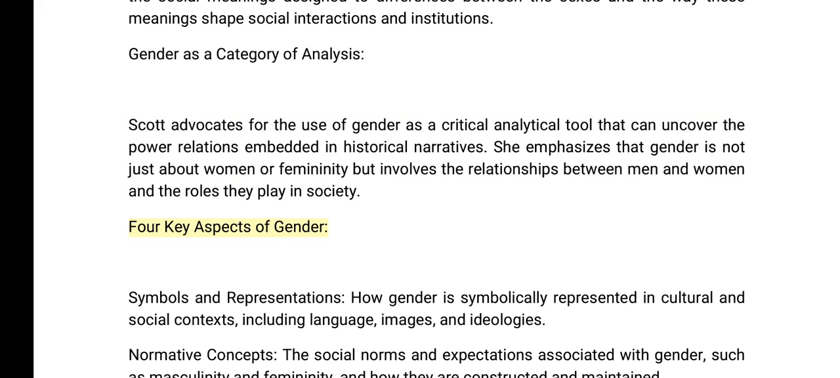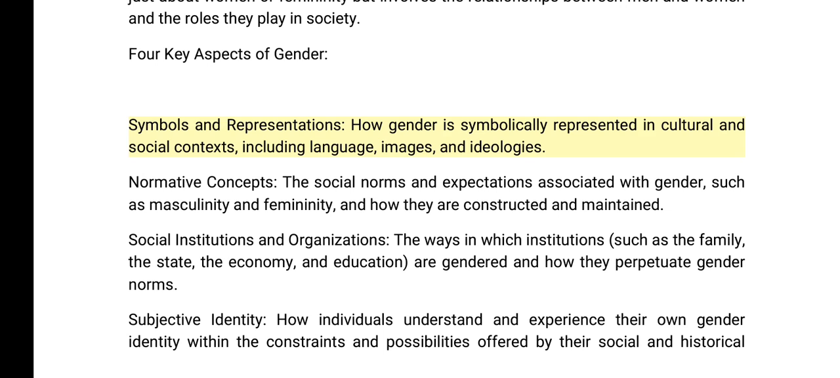Four key aspects of gender. Symbols and representations: how gender is symbolically represented in cultural and social contexts, including language, images, and ideologies. Normative concepts: the social norms and expectations associated with gender, such as masculinity and femininity, and how they are constructed